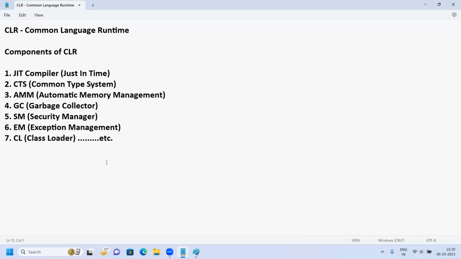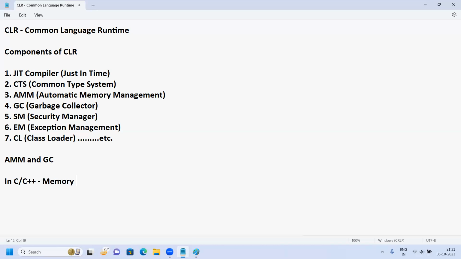You only say this as a programmer: I want this much memory of this type. Bas, over. You leave it. Who will do the job now? Who will do the job? Software will do the job. I'll better mention here AMM and GC. And then I'm talking about C++,